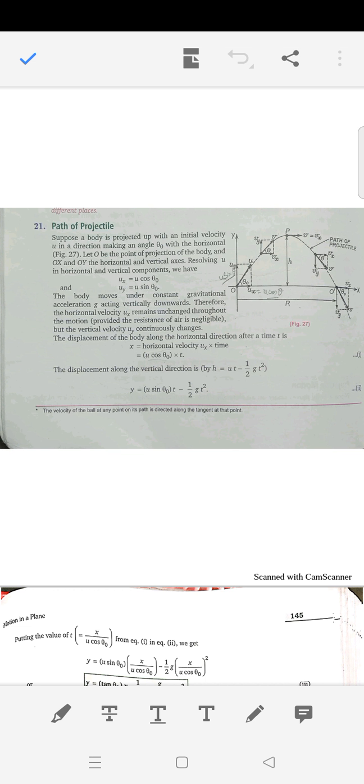But if displacement and acceleration are not parallel to each other, not in the same direction, then we call it projectile motion. So projectile motion means a body moves under an acceleration whose direction is different from the direction of the initial velocity. The body is not moving in the same direction in which it was thrown. That we call projectile motion.